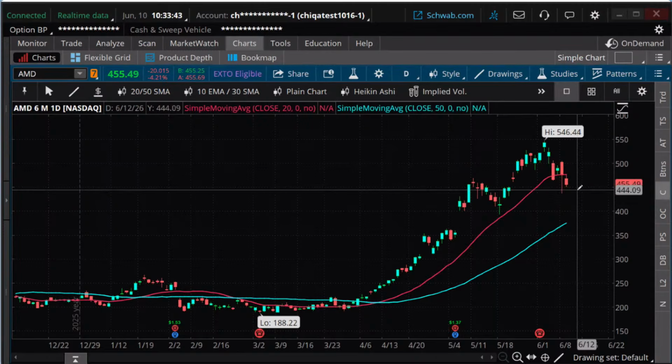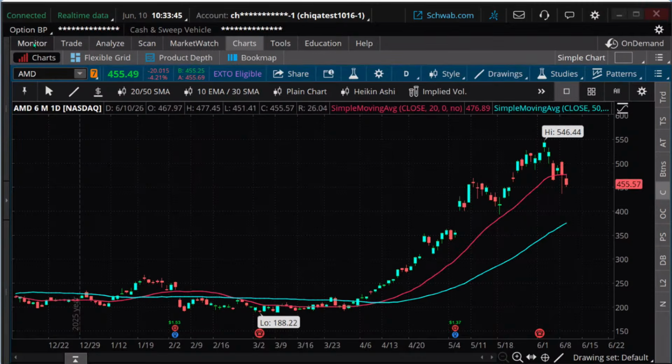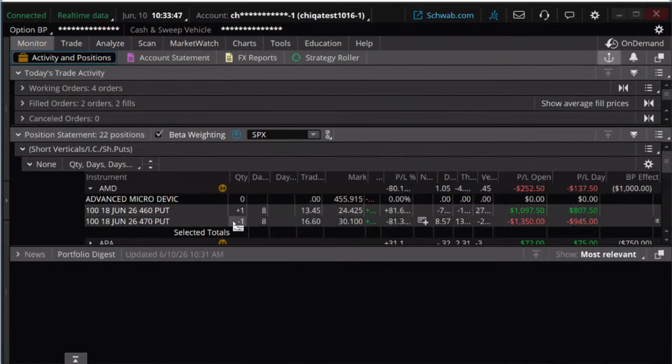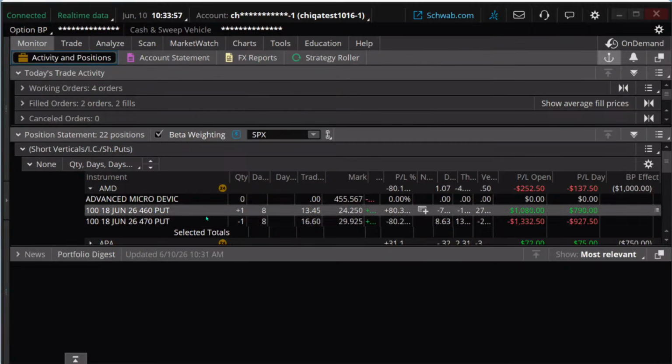That's like a 20% move in a couple days. 505 would be great on this trade. Not so much anymore though. That's a big shift. Here's the thing. Regardless of doing well or poorly, and obviously it's not going so well right now, we're going to get out when we're about a week to go to expiration. We got 8 days to go to expiration. We're going to get out of this trade, okay?